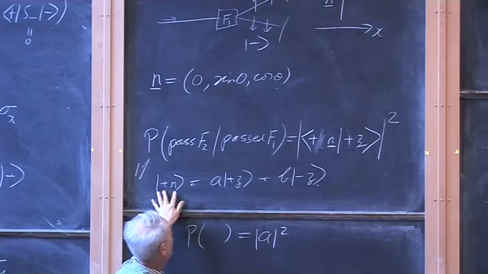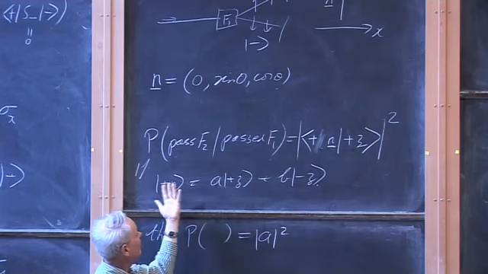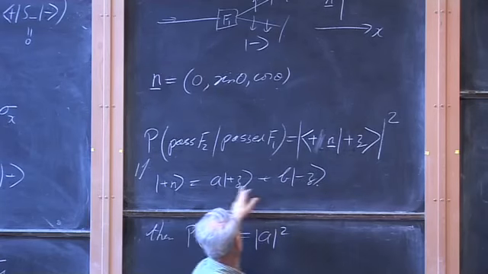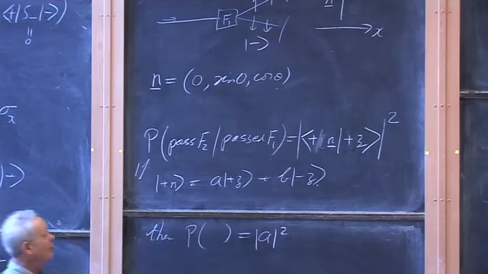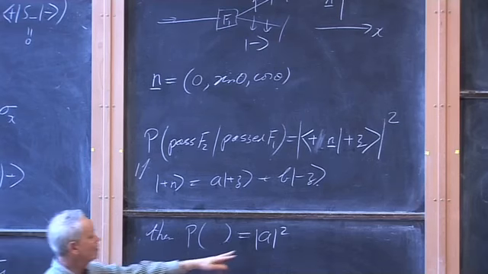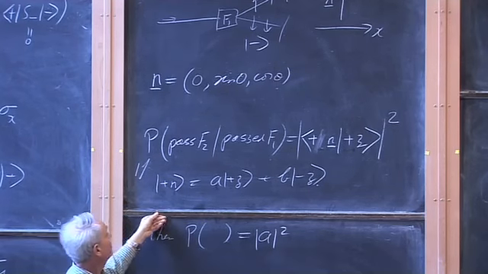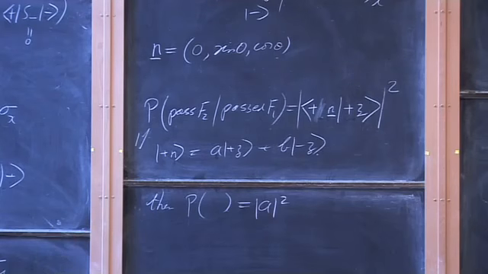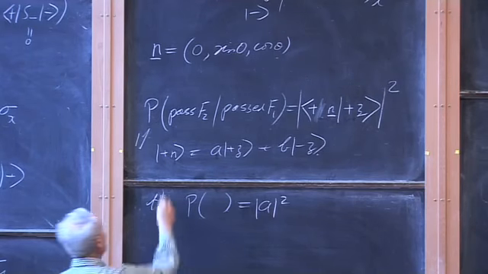To get out of this ket, you could get the bra you want up there by complex conjugating it. You'd have an A star, bang in with plus z, and you pick out A star. So the probability we want is just mod A squared. So that's our exercise: to find A and B, and we'll be all done. How to find A and B? Well, what's the